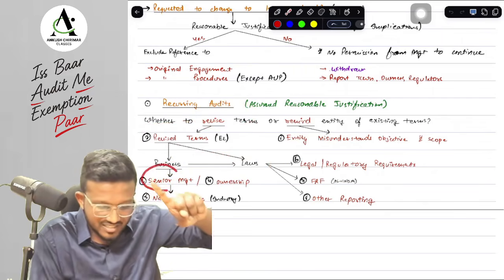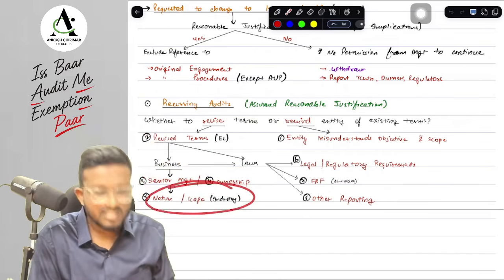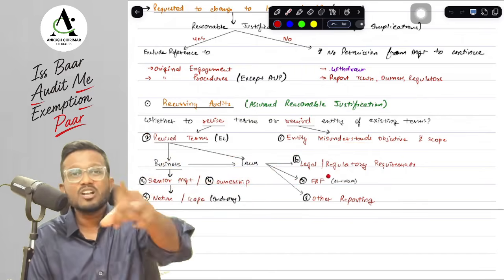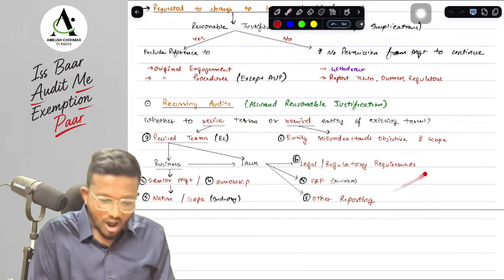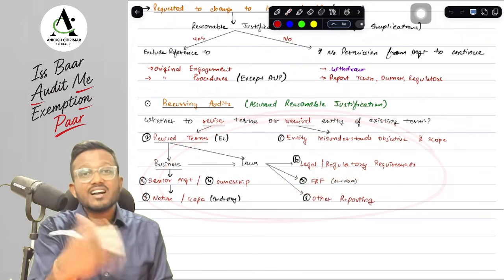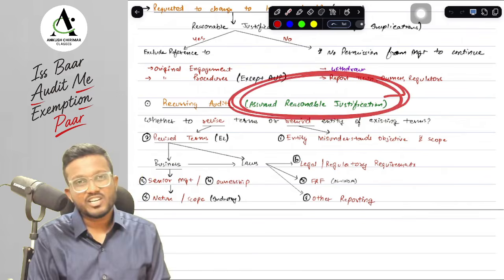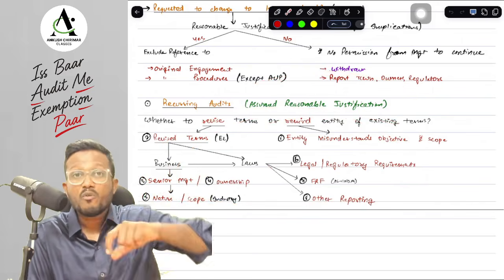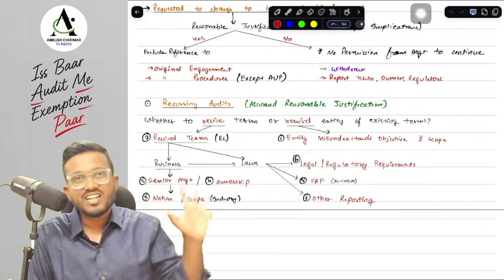In terms of business, there is a change in the senior management or the ownership, or there is a change in the business itself, which means there is a change in nature or scope. In terms of law, there is a change in legal or regulatory requirements. The biggest legal or regulatory requirement is FRF, or there is other reporting requirement in which there is a change. Now, if there is a change and the entity is asking us to change the terms of engagement, here we will assume that there is a reasonable justification. Here we will say, yes, it is reasonably justified. If this is a particular change and that's why we want to change the engagement letter, then it is reasonably justified and we can change the engagement letter.